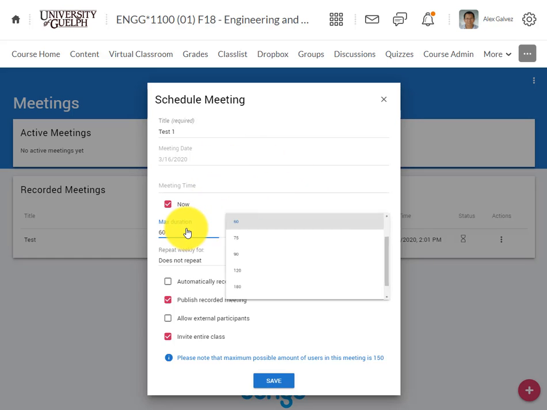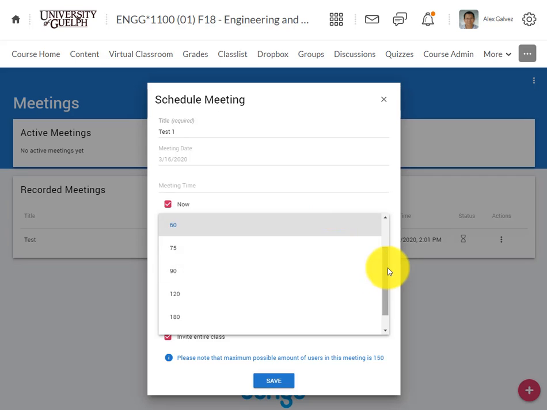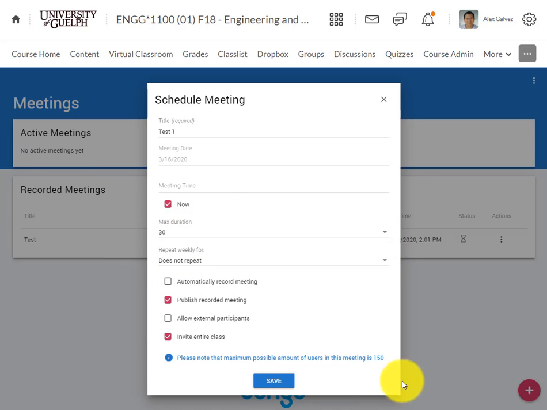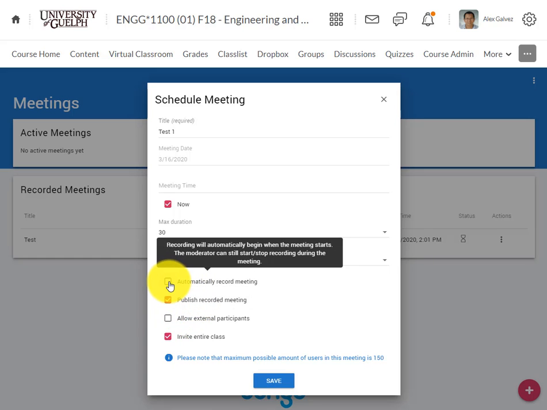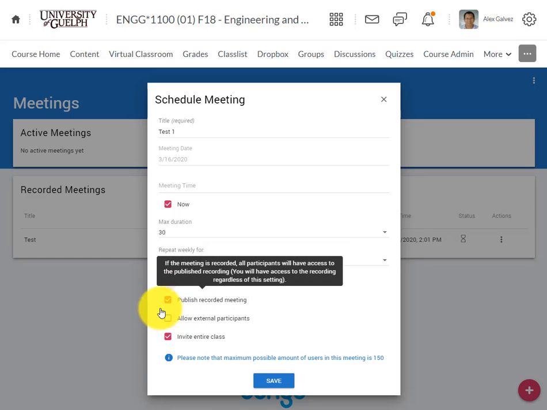And then the maximum duration, you can set the maximum duration to 15, 30, 60 minutes. So you just have to choose here. What I'll do here is click on 30. And then it says here repeat weekly. I will say does not repeat. And then I can also click on automatically record the meeting and then publish recorded meeting, or I'll just unpublish that first